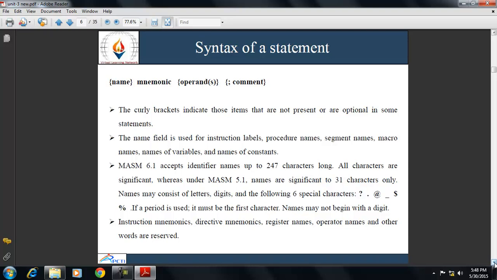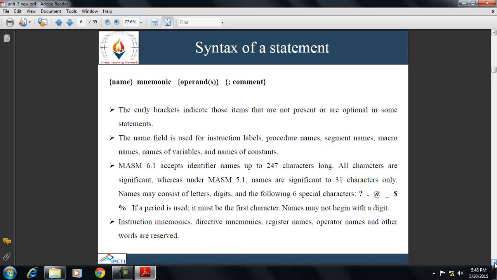The name field is used for instruction labels, procedure names, segment names, macro names, names of variables, and names of constants. MASM, that is Macro Assembler 6.1, accepts identifier names up to 247 characters long, and all the characters are significant, whereas in MASM 5.1 names are significant to 31 characters only.